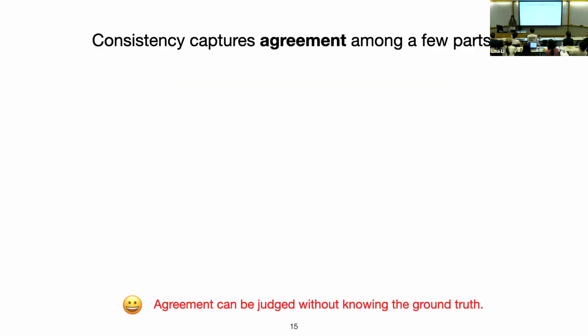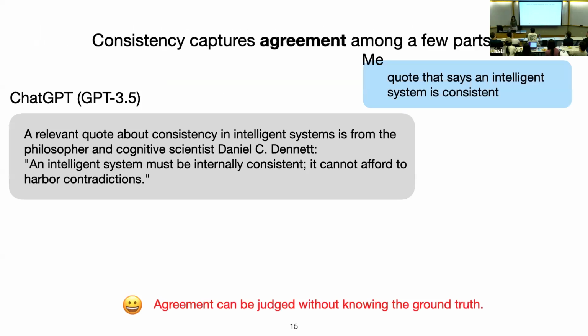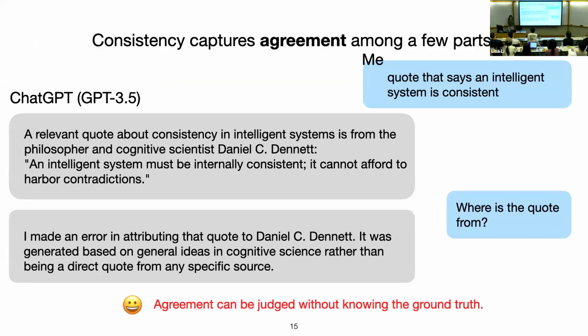Cool. So here's an example of using consistency to judge model responses. I asked ChatGPT to give me a quote about consistency, and it generates a plausible sounding quote. However, in the next turn of the conversation, it hedges and gives me something contradictory. So consistency is essentially an agreement test. So we can conclude that the information from ChatGPT 3.5 is inconsistent even without knowing whether the quote is true